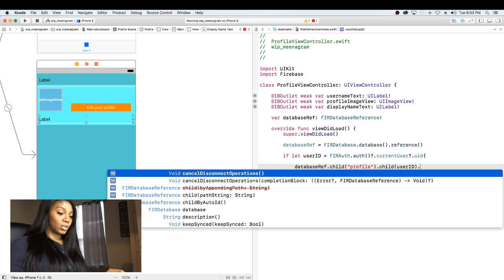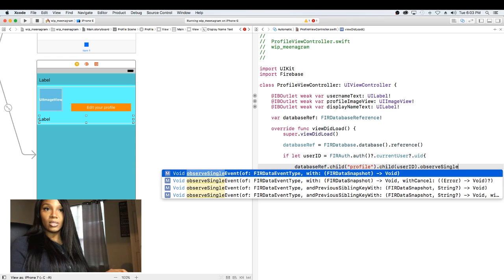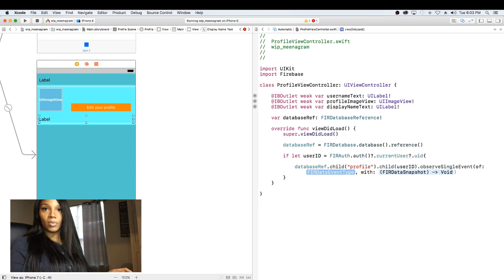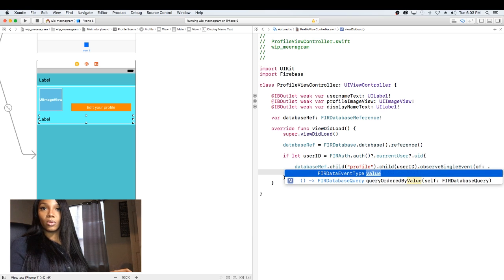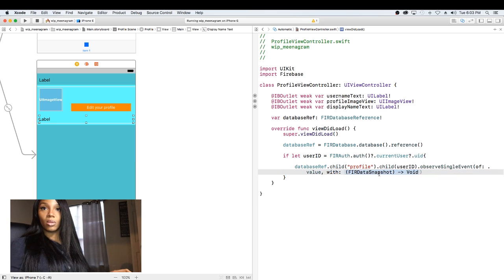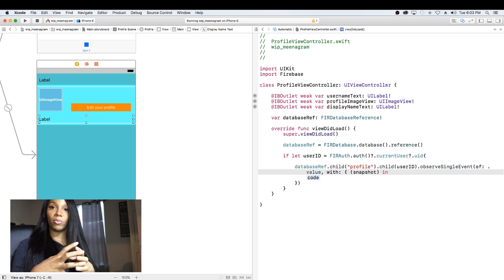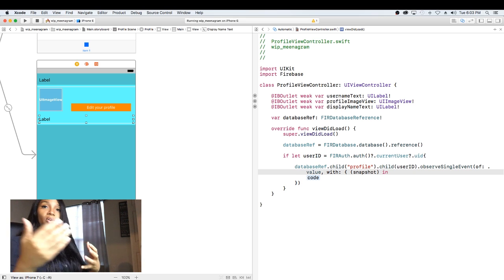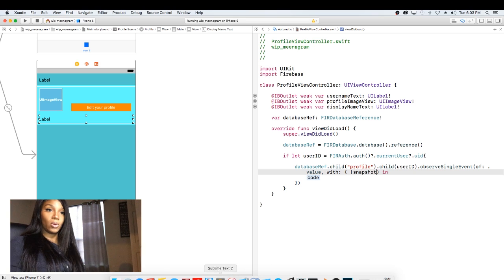So let's go ahead and observe a single event of value with a snapshot. The snapshot is going to be the information within that dictionary for that user. So if I go back,